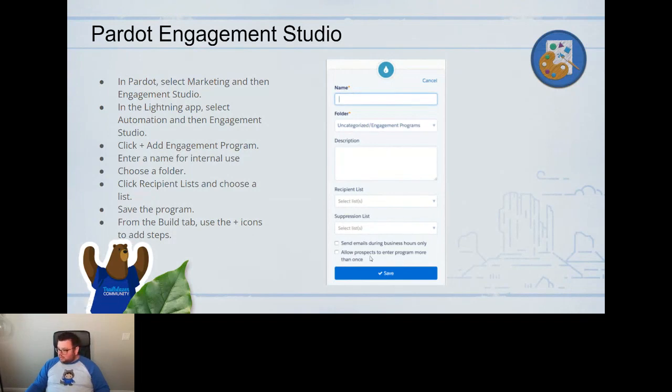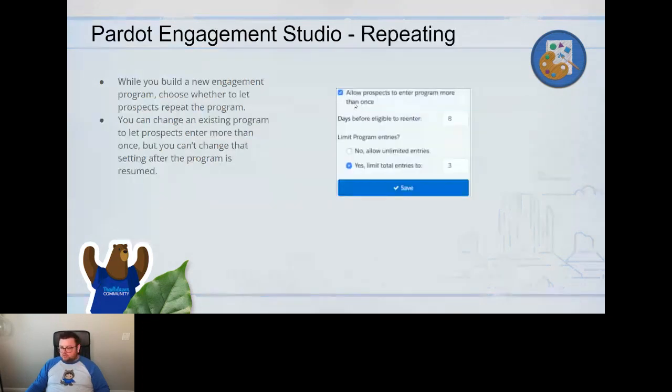And the next part here is allow prospects to enter more than once. I decided that I should probably chunk that out as a specific part of this. There are plenty of use cases where someone is going to enter an engagement studio and need to come back again. The out of the box use case is that they go through an engagement studio once